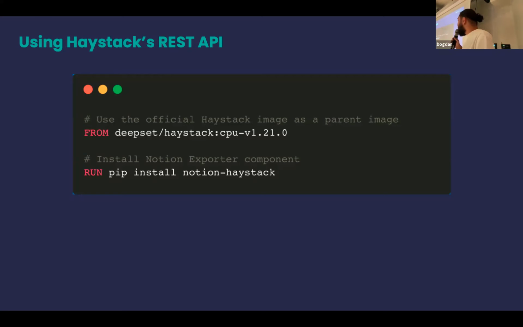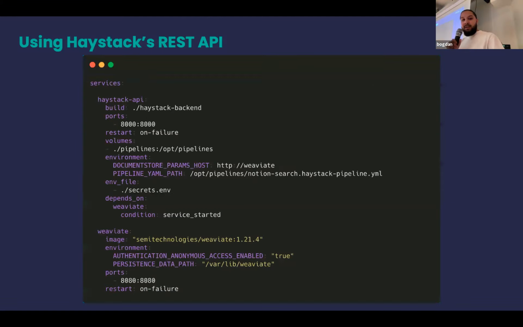Haystack provides this handy pre-built Docker image that you can just run, and then you already have a Haystack REST API running as a backend. And what we do here is just installing this Notion exporter in there.